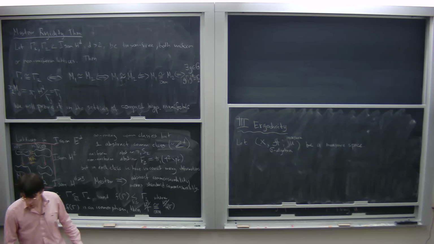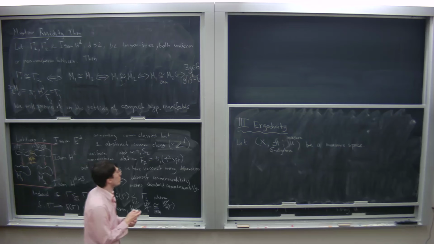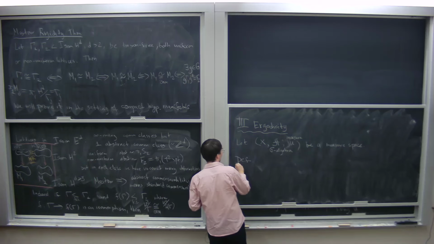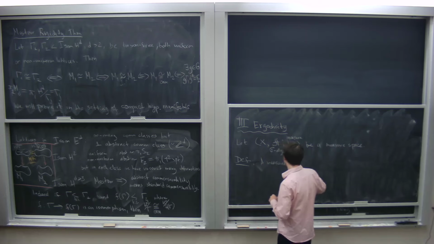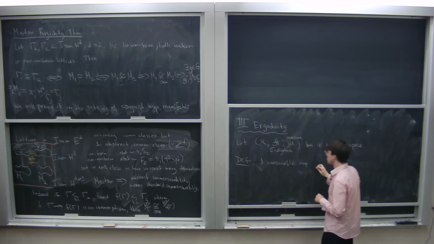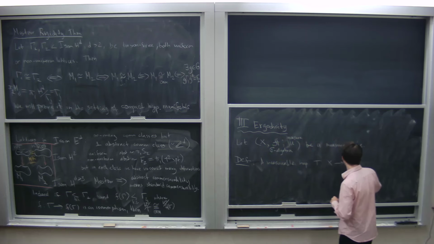Okay, so we say that a continuous map... Actually, let me start with the definition. So a measurable map T from X to X